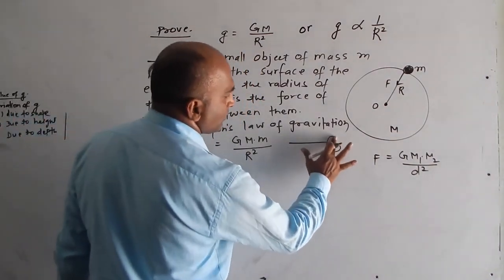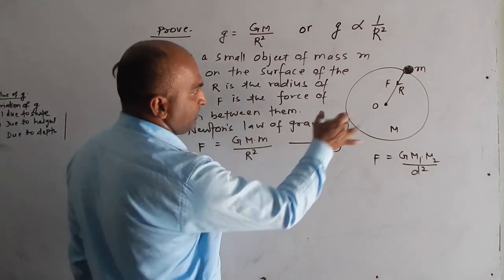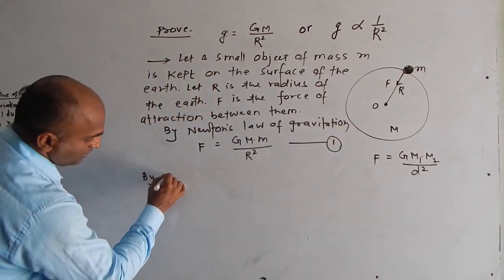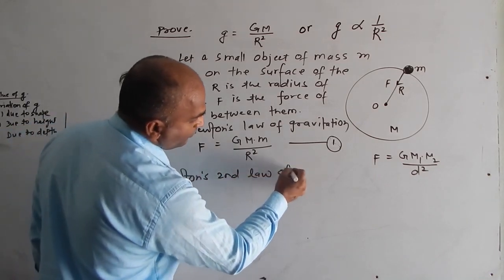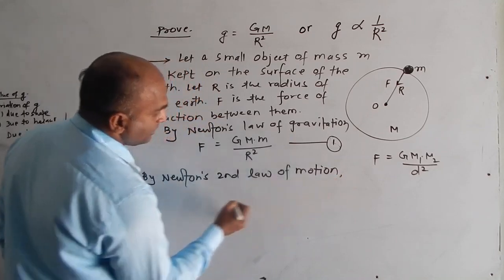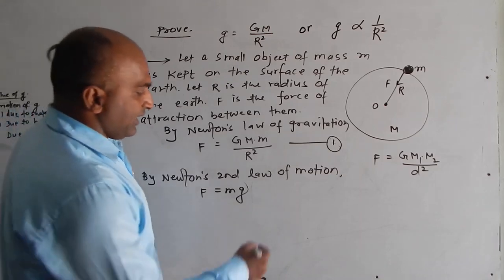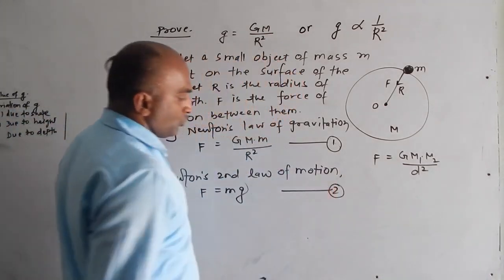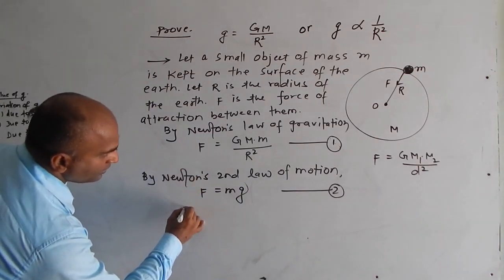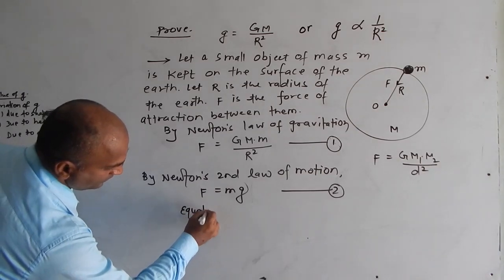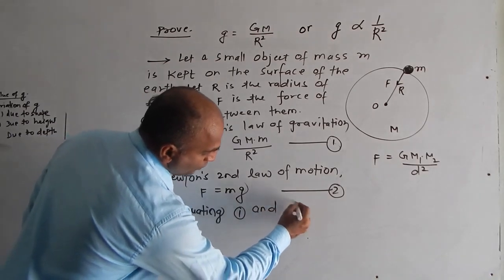Similarly, if we take the gravitational force here between them, now by Newton's second law of motion, you can write F is equal to m into g. As you know, F equals ma. Here, g represents the acceleration due to gravity. Equating these two forces, 1 and 2, we get